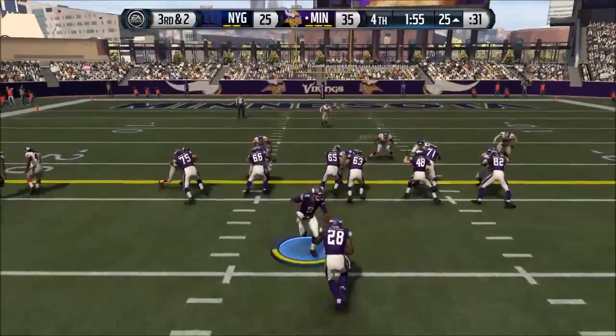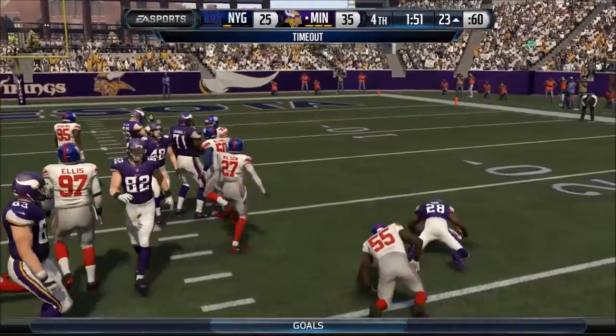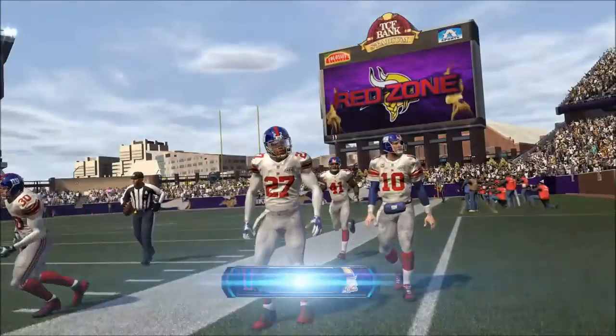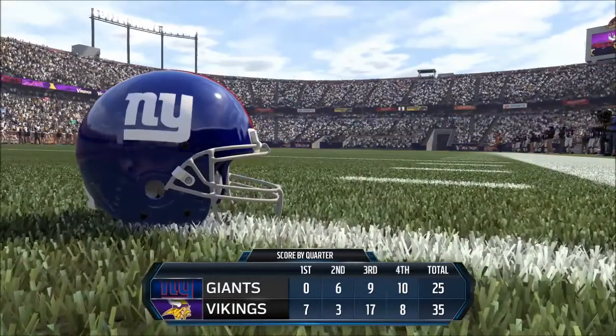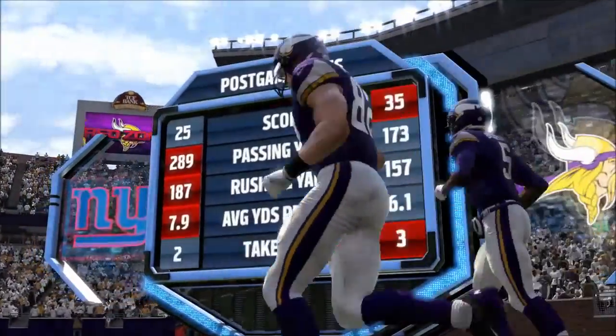3rd and 2 now at the 2-minute warning. Adrian Peterson going to spin off. He is going to get that 1st down, and that would do it. That would be a great drive by our offense there late in the game to give us the lead, but it looked like we had the lead secured anyway. Thanks to Cordarrelle Patterson, he definitely gets player of the game today, as he had those 2 huge kick